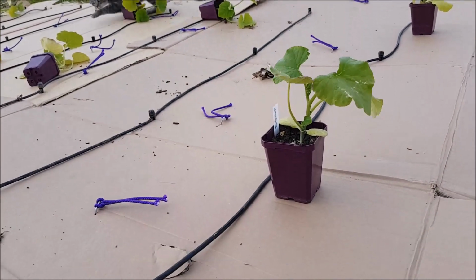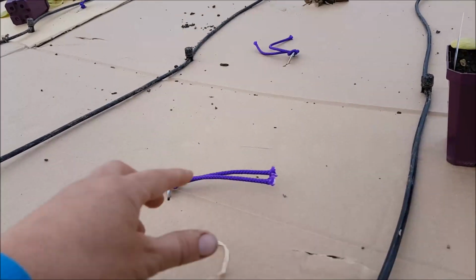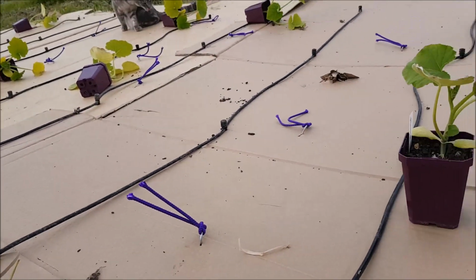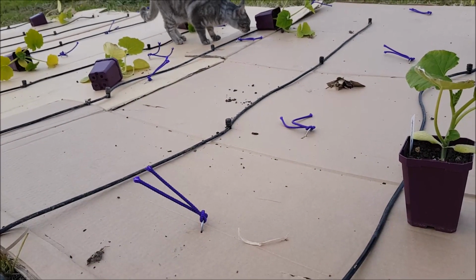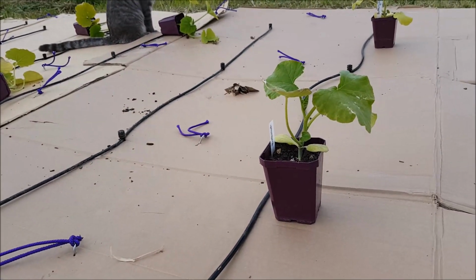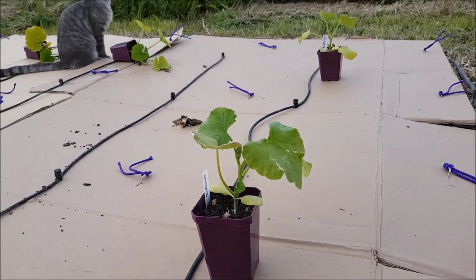and then I put the cardboard down, put these landscape staples, but I've tied brightly coloured purple string to them because over the course of the season I want to know where they've gone, so when I pull them up I'll know where they are. Well, that's the theory. And then I'll pop in the irrigation through the cardboard,